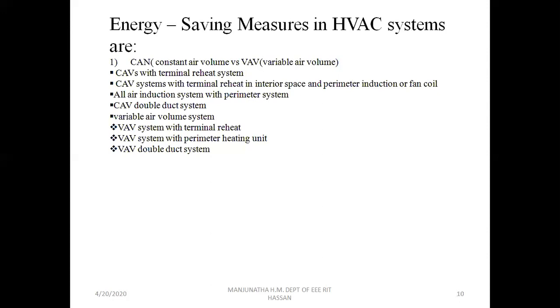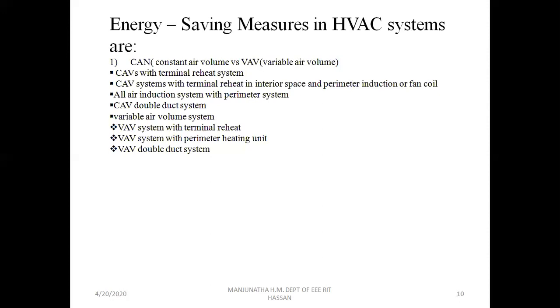At that time, huge air will be needed. In the evening at 5 o'clock, I need a temperature of 20 to 25 degrees Celsius. At that time also, it will send the same volume of the air, a constant volume of the air. So the power consumption to transmit the constant volume of the air increases the energy consumption of the